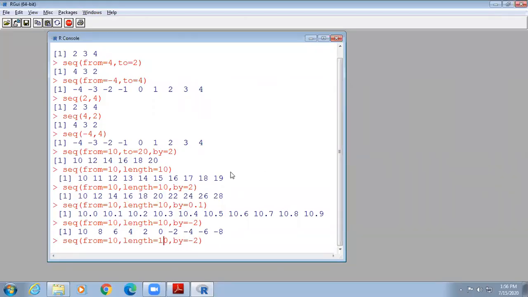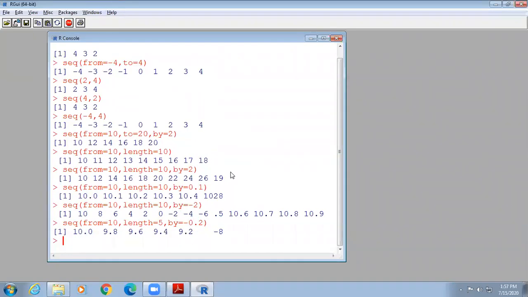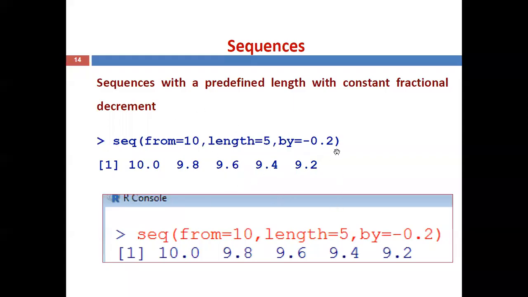Now you can see first 10.0, then minus 0.2, 9.8, minus 0.2, 9.6, and so on, 9.4, minus 0.2, 9.2. That is a fractional decrement by a constant value.